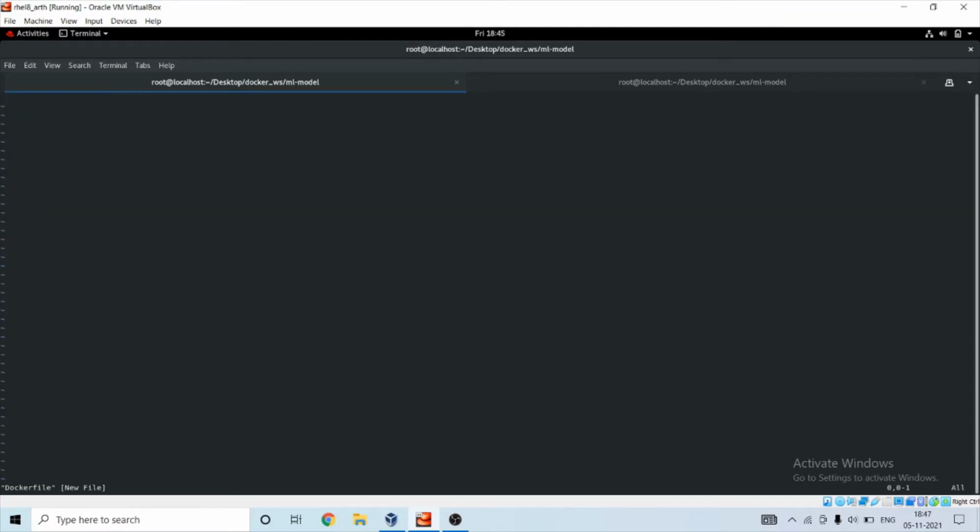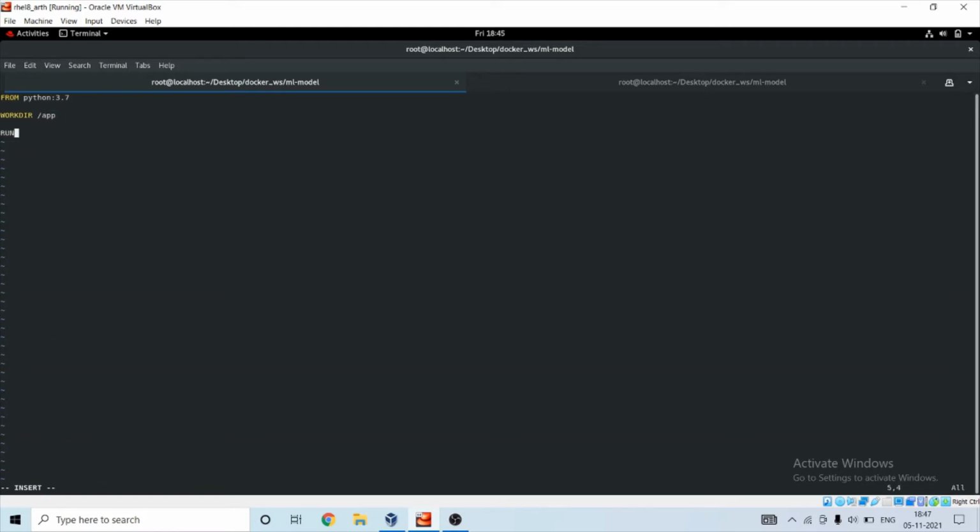We are going to use a base image. I'm going to use Python version 3.7 as our base image. We will set the work dir to /usr.